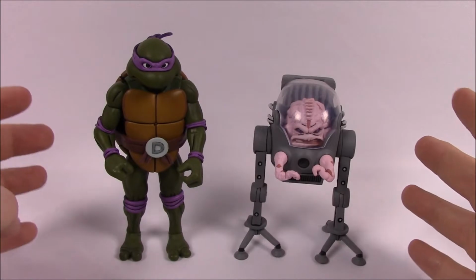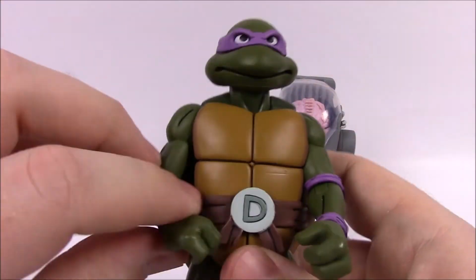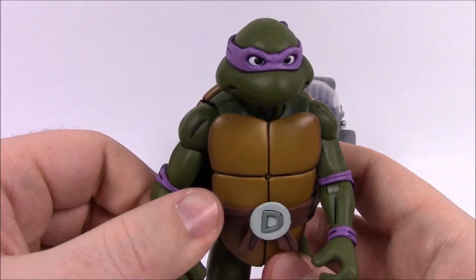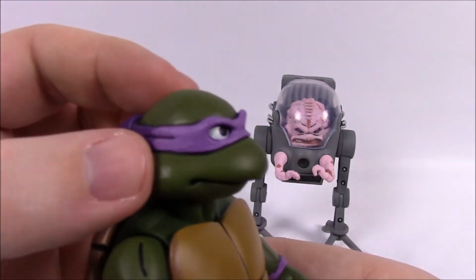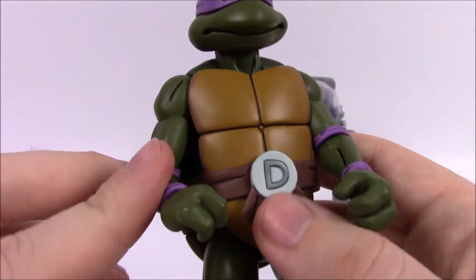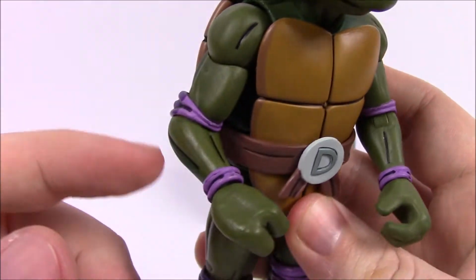Next up is Donatello versus Krang, which is again a cool set because I like Donatello. He's my favorite out of the turtles. So again, we're not going to look at all the movements. It's all the same as the last one. But for Donatello, he is obviously purple, so we got the purple mask on. I like the lighter purple into the darker purple there in the back. He's got the D on his belt there, of course, for Donatello,